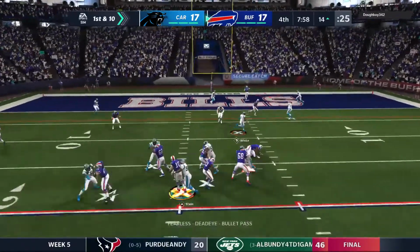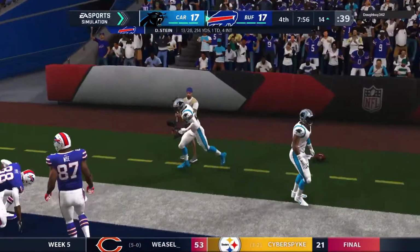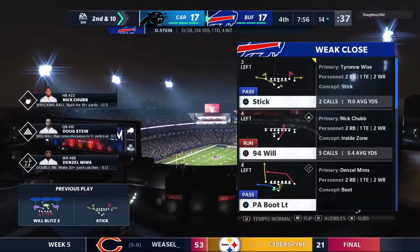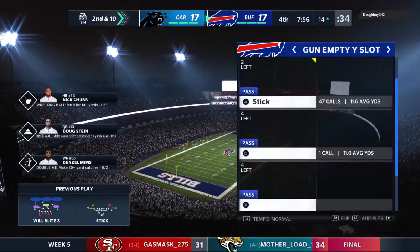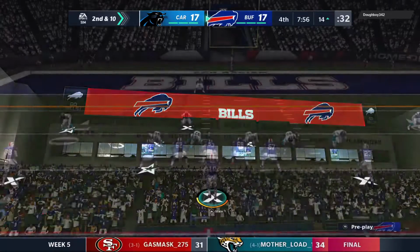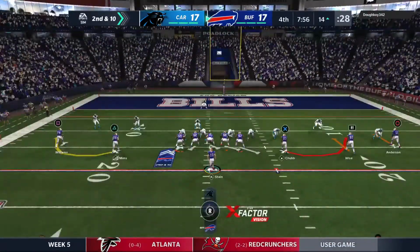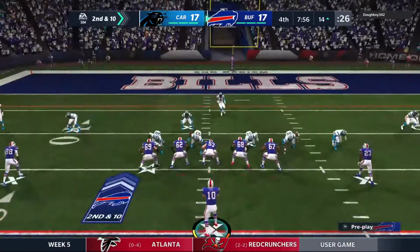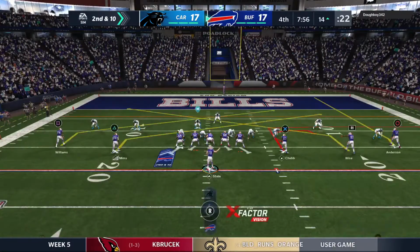Throwing on first down. Stein. Looking end zone, but it's incomplete. He was trying to get it to Denzel Mims that time, but it'll be second down. I'm trying to decipher what's going on out there because I don't know if he's just getting bad reads. I don't know if the defense is confusing him. I don't know if he just has bad info and intel before he snaps the ball, but he's made some